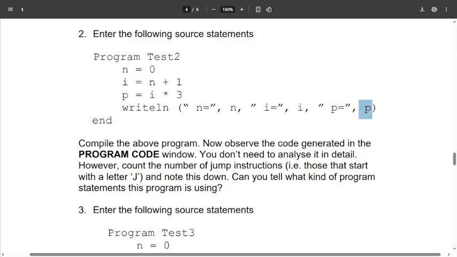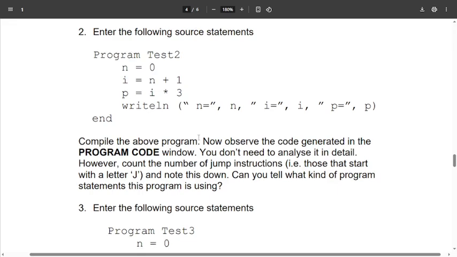Alright, should be like that. While it's actually not looping, you know, it is just a simple program that gets the n. 1 plus 1 is 2. Okay, so that's how it works.